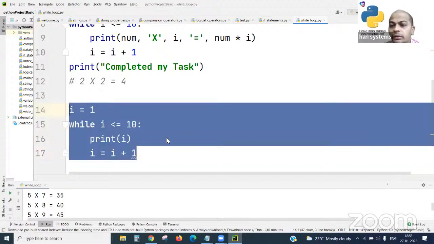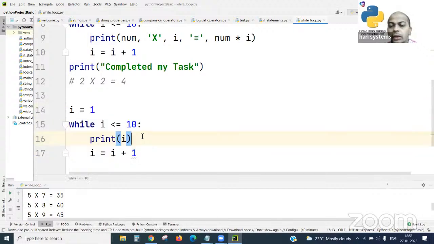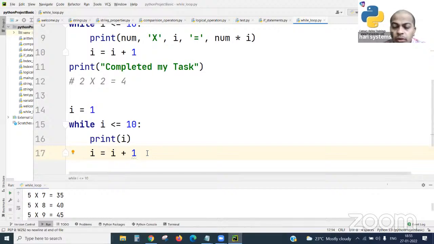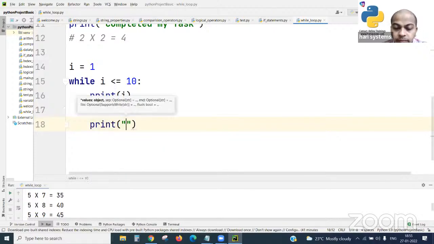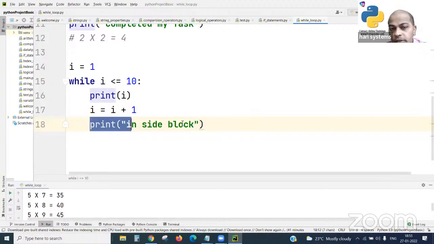This program will give you output of 1 to 10 numbers. Just run it and test yourself. If you want to test more, you can write some print statement here, something like "inside block". On every iteration, it will print.